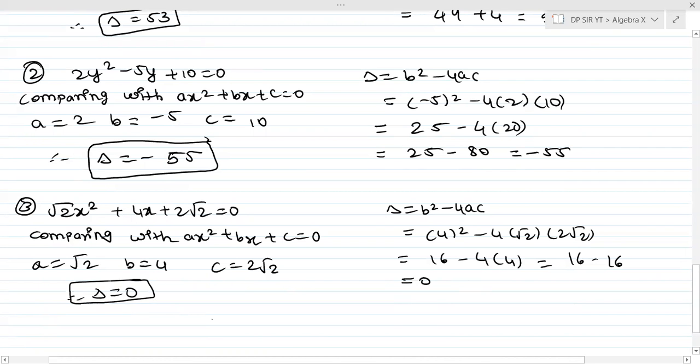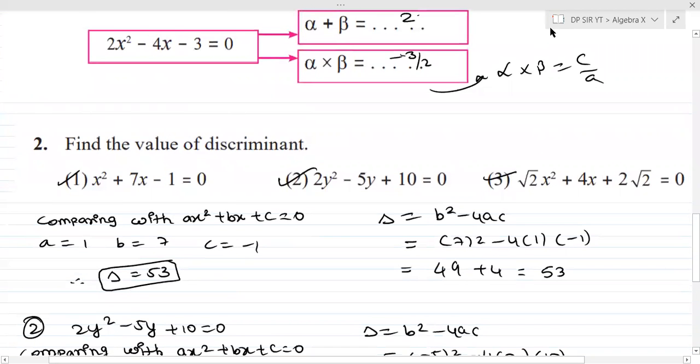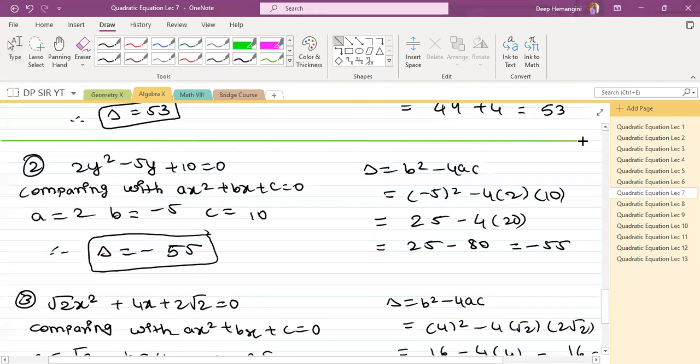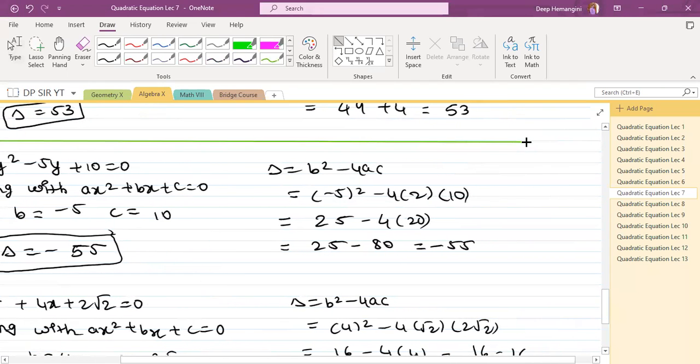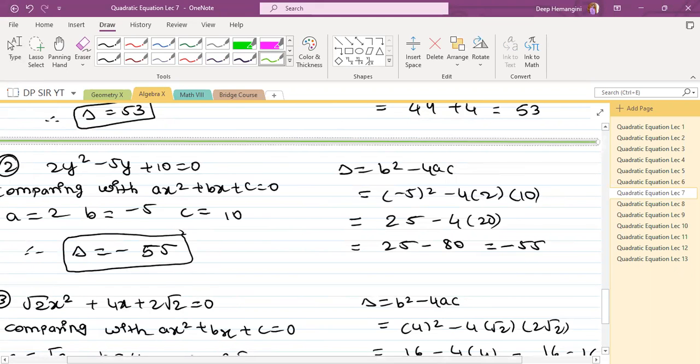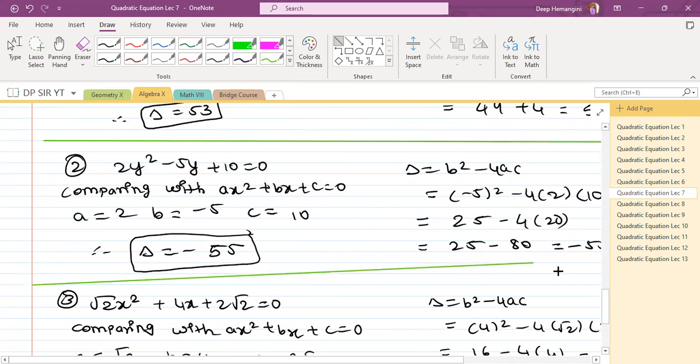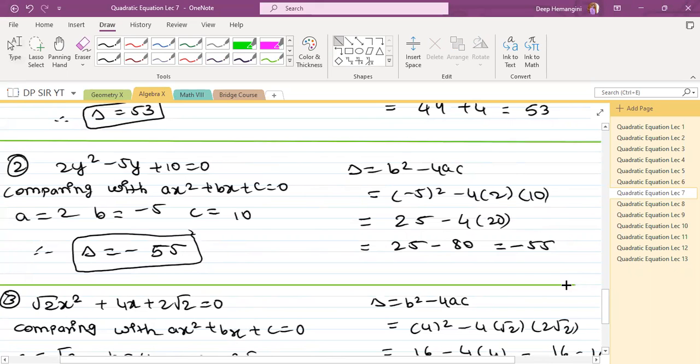Okay, and in the textbook they have not asked the nature of the roots over here, but this is homework from my side: you will be writing the nature of roots by looking at these values of the discriminant, so that you get practice of determining the nature. Otherwise it would be very difficult in an MCQ exam, since the time would be less and a few questions will be very descriptive based. If you don't get the concept, you won't be able to do it. So it's better to have the habit from now. These questions won't take more than 2 to 3 minutes to solve, and it's entirely a game of practice.